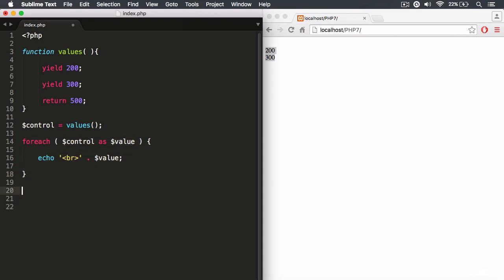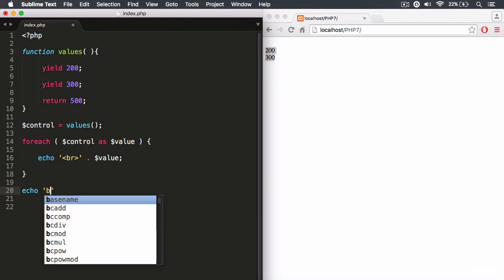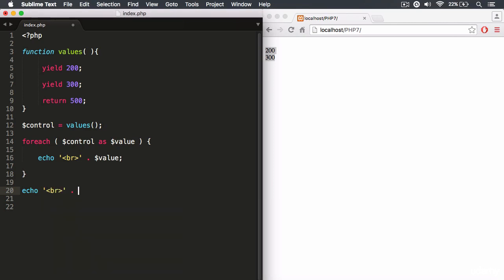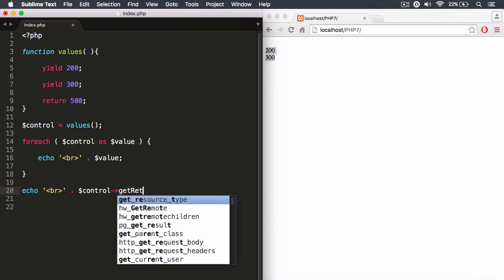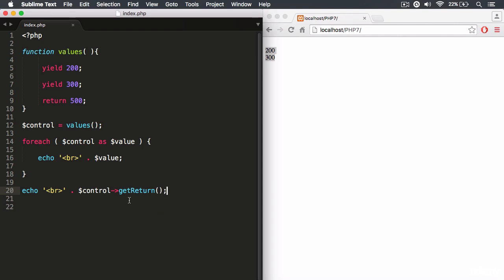However, in order to get the return value, let's say echo. Let's put in a line break right here. And then we want to concatenate this value, this integer that's going to be returned, 500. Again, we need to control the execution of our generator function, and we want to run the getReturn method. Now when I run the getReturn method, it's going to return the value of 500, the value within the